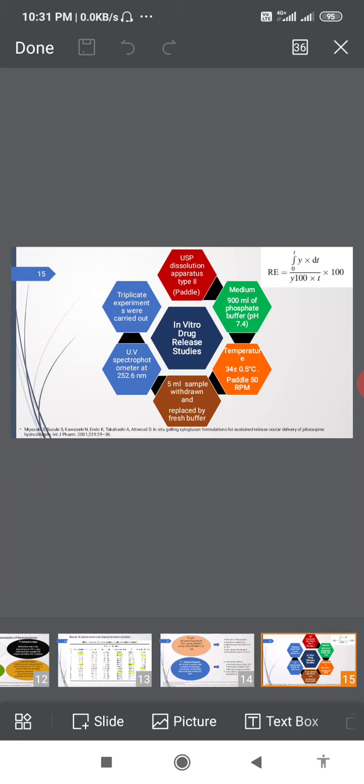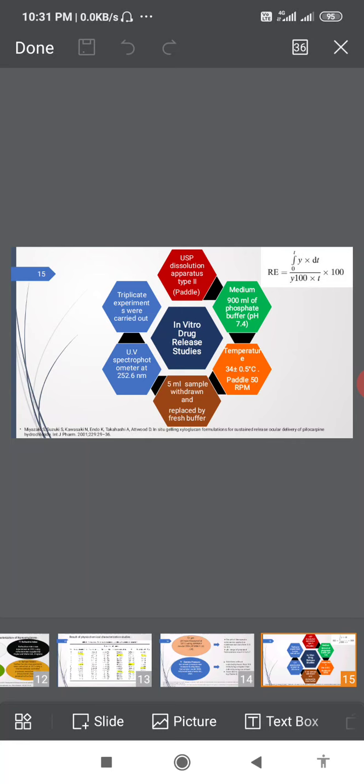In vitro drug release studies. The in vitro drug release studies are carried out by USP dissolution apparatus type 2, which is a paddle. The medium used for the study is 900 ml of phosphate buffer having pH 7.4, and the temperature is maintained at 34 degrees centigrade, and the paddle rotation speed is 50 rpm. At specific time intervals, 5 ml of sample is withdrawn and replaced by 5 ml of fresh buffer, and these samples are assayed by UV spectrometer at 252.6 nanometer, and all studies were performed in triplicate to find out